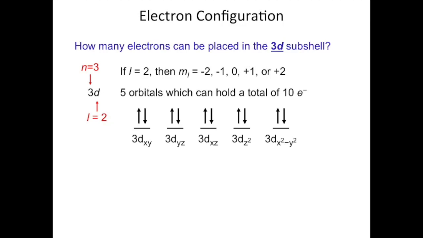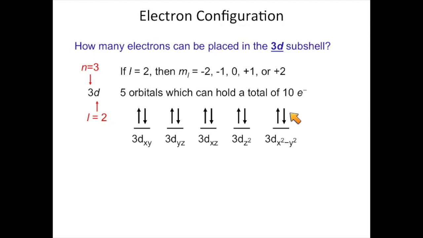They have these names, 3d xy, yz, xz, z squared, x squared minus y squared. And each one of these orbitals can have 2 electrons inside, one with a spin quantum number of plus 1/2 and one with a spin quantum number of minus 1/2. And so we can represent this by drawing these little lines that represent each orbital. Underneath it we write what orbital it is, and then on top of it we denote how many electrons are in there by having 2 arrows. You can imagine that up is plus 1/2 and down is minus 1/2, although that distinction is not really important